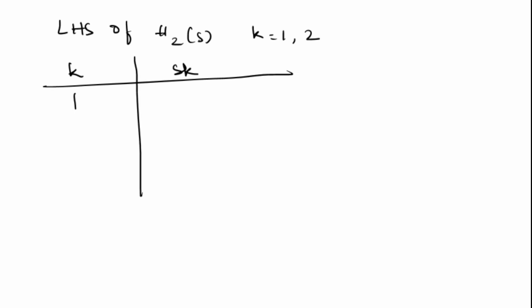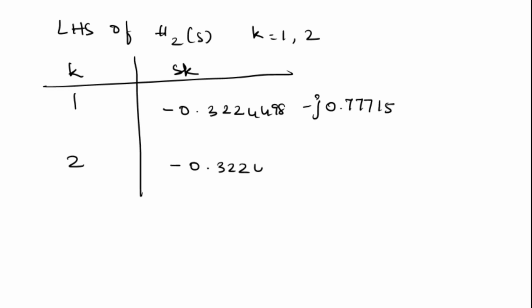So for k is equal to 1, we have to find out Sk by putting into the formula: minus 0.3224498 minus j 0.77715. For k is equal to 2, minus 0.3224498 minus j 0.7771576. So this should be plus. So one will get positive and one will get negative. Hence H2 of S